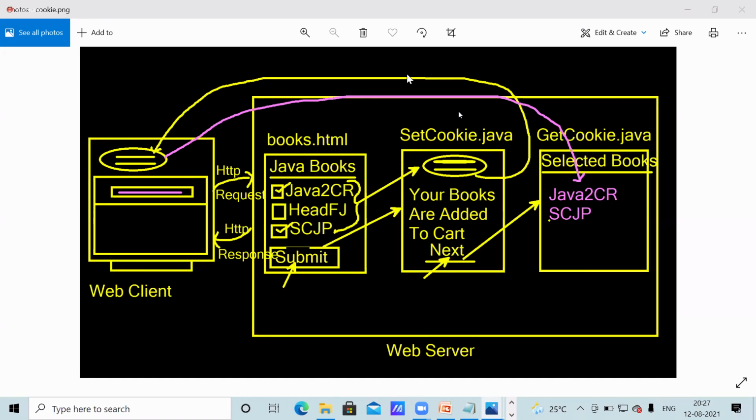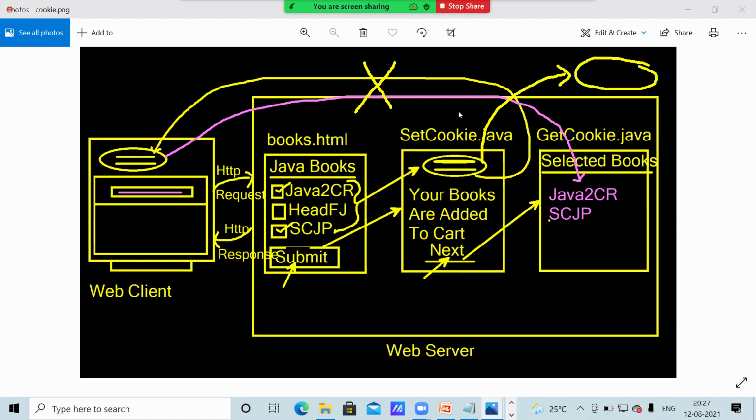So from the diagram point of view, these two lines will not be there. Now this data is stored here only, in server memory only. Server memory stored, this data retrieved. That's it. This is the diagram difference. Cookie program is nothing but data stored in client memory and retrieved from client.